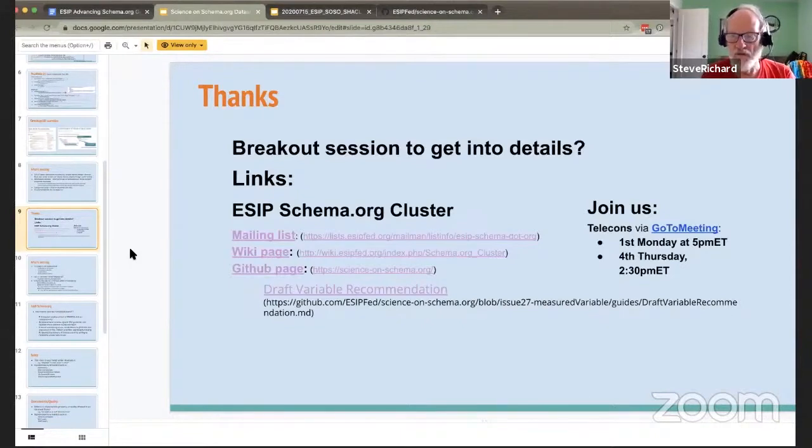The group here is working on an ADR, an architectural decision record, for the proposed changes. We invite you all to please have a look at these and contribute ideas. Particularly, I'd like to know if anyone's interested in a breakout to dive into some of these things. And with that, Adam, Mark, do you have any other comments you'd like to add?